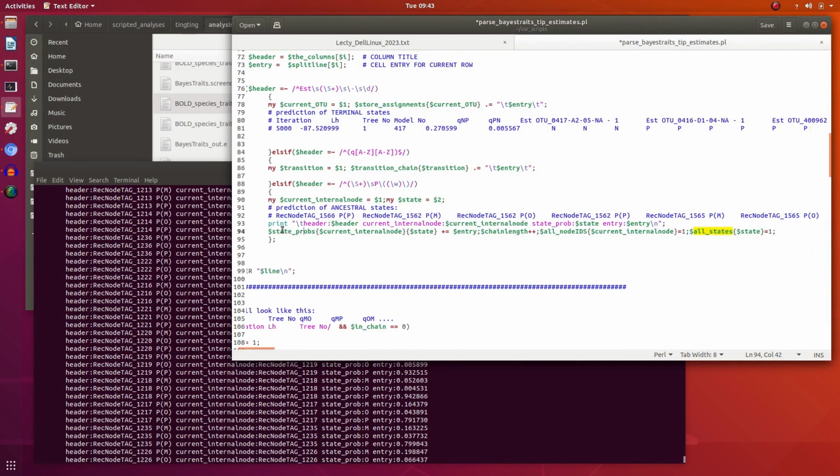So for each row, which is each point in the Bayesian chain, we'll have the node, the internal node, and the state, and the cell entry will give the probability at that point in the chain. So I'll make a hash with two keys, the node ID and the state, and I'll increment according to the current probability, and also store the chain length and all node IDs and all states. I think